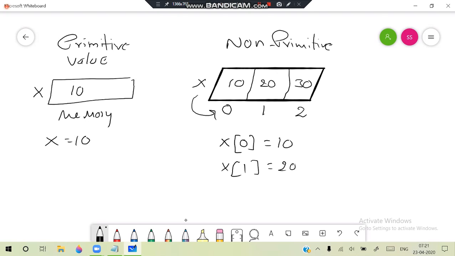This is what we generally call non-primitive types. Non-primitive types are not accessed directly by the memory allocated. They have a reference in the main memory. So in the main memory,